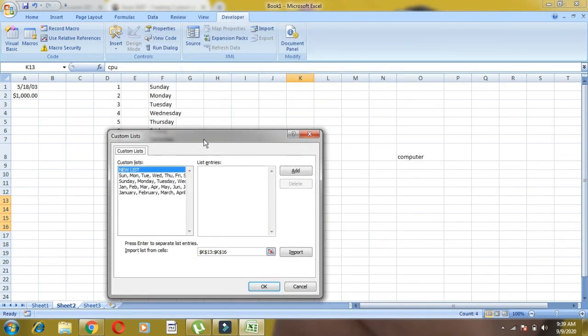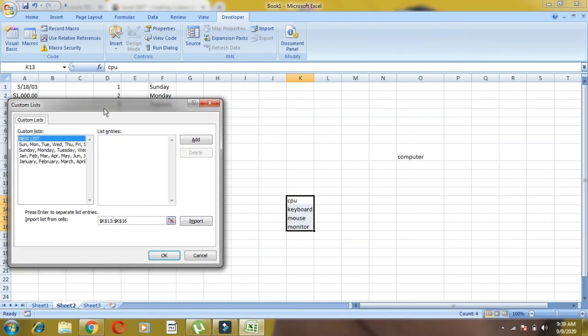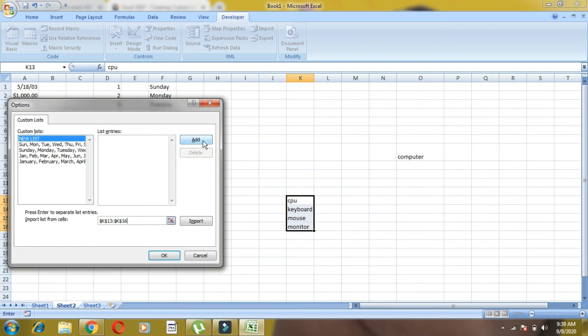It's like a new list. So what we'll do is import from the cell. We'll click this one, and this is already imported, children, already it was selected. Then we'll click on the add option.